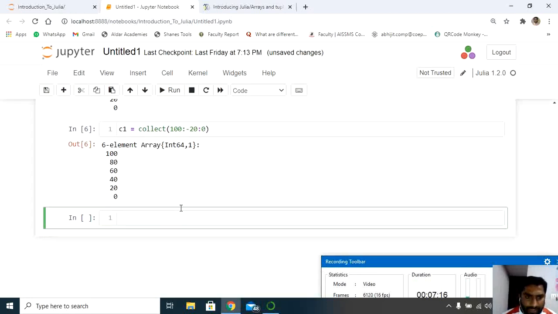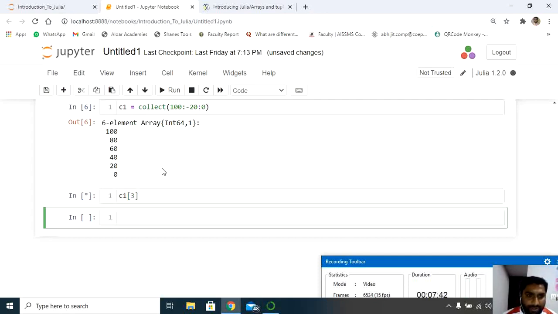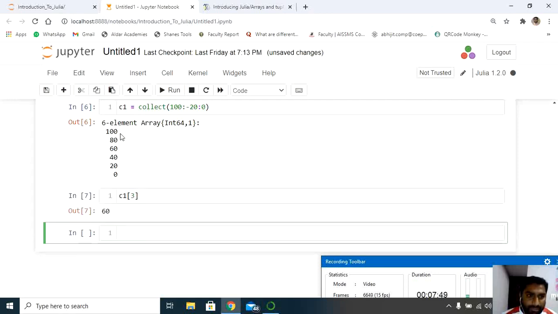Suppose I want to display the third number of the variable C1. So I can make use of the indexing system here. Always remember, in the Julia programming language, indexing starts from 1. If you compare this with Python, indexing starts from 0. This is the major difference between the Julia programming language and the Python programming language. Shift and enter it. Let's see what element it is going to display, since I have already given the index as 3 here. So it should give me the value 60. So it has given me the value of 60 here.